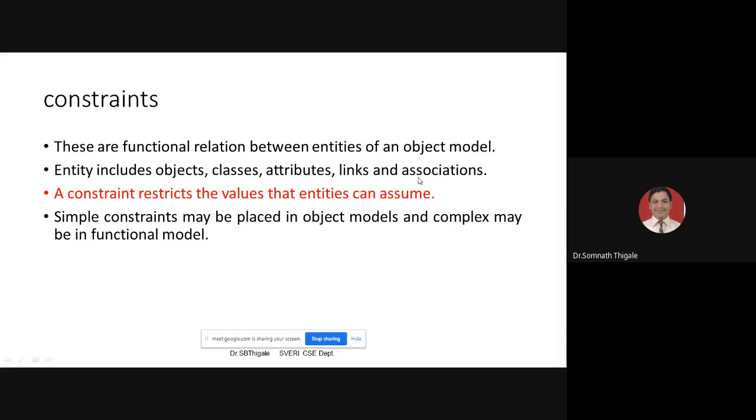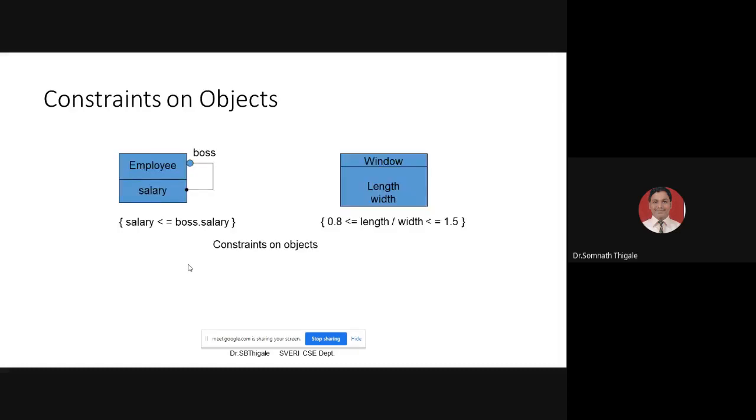And the way we are going to represent it, maybe a direct flow or an indirect flow, maybe by taking any type of relationship. We have to assume and limit some things that we are discussing as part of a constraint. It may be placed in terms of the object model, or maybe in case of some complex functional model also. That part we will discuss.